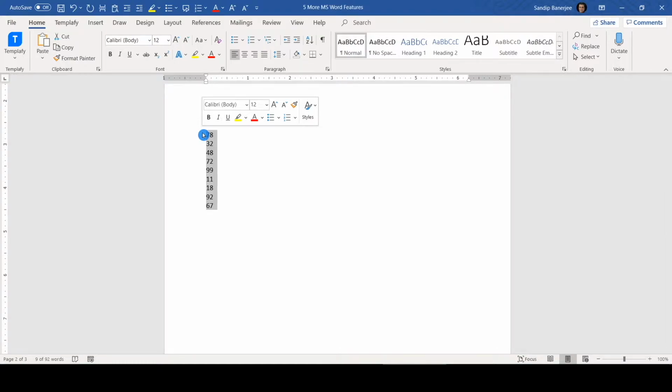We just tried it with dates and some of the strings. So now for the numbers also, a similar option you can use and you can click on ascending or descending as per your requirement. So this is the way you can sort different values within Word. You will have multiple options there. You can check that and you can make use of it.